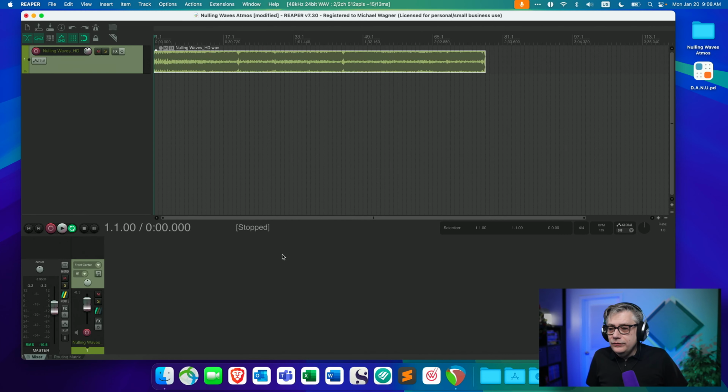And what we want to do now is take that stereo track and turn it into full Atmos. Now, the first thing that we need to take care of is the listening environment, and I'm going to work with headphones only today, and that essentially means I need some way to mimic the experience in an Atmos Studio, because as we've talked about in the previous video, Danu is a nulling up mixer, and that essentially means whatever we're going to do, we are not going to hear in the stereo fold down, because the stereo fold down is always going to null.